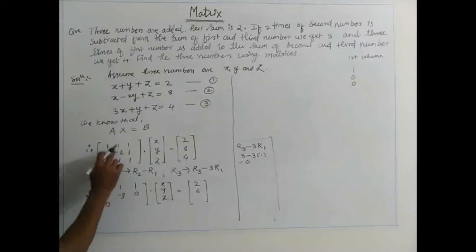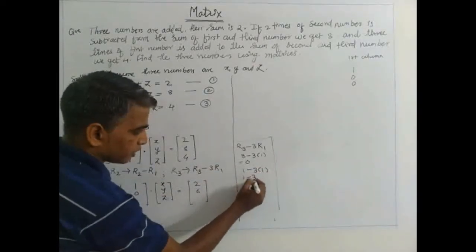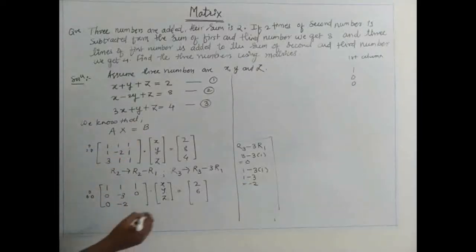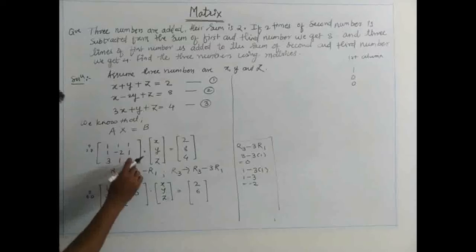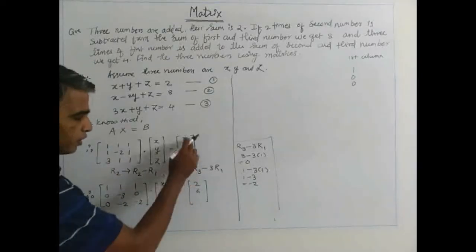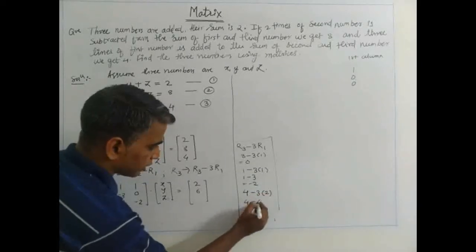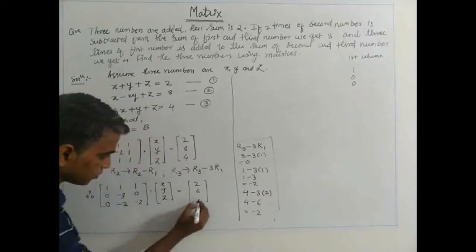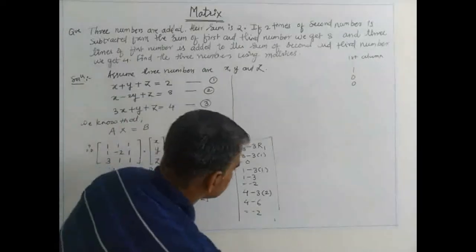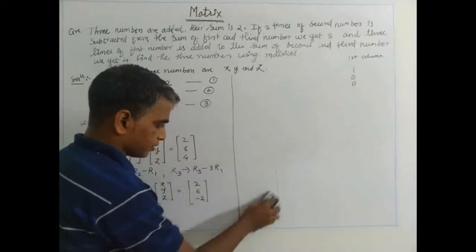Then the second column, 1 and 1. So 1 minus 3 times 1, that is 1 minus 3, that is minus 2. We will get here minus 2. And now the third column, 1 and 1. So again we will get here minus 2. And for the opposite side, 4 and 2. So 4 minus 3 times 2, that is 4 minus 6, which is equal to minus 2. So we will get here minus 2. The rough work is just for clarification.